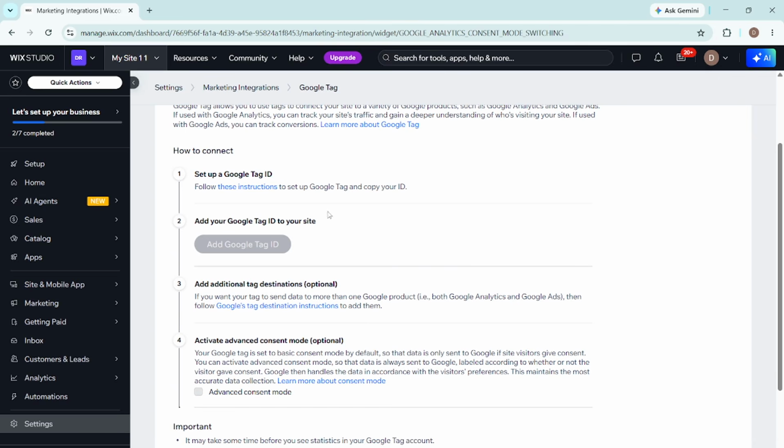Finally, complete the setup. Completing the setup usually means following the on-screen instructions all the way to the confirmation step. Wix may show a progress indicator or an installation successful style message when the connection is finished. After you complete the setup, it is a good idea to review that the integration is listed as active or connected. That confirmation helps you know that Wix has saved the settings correctly,